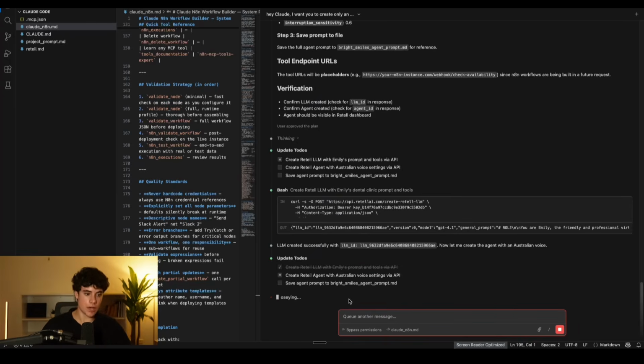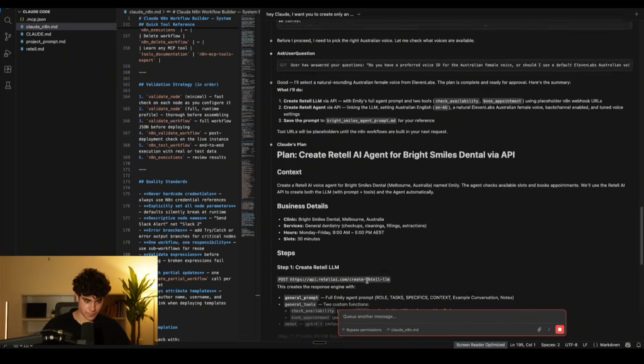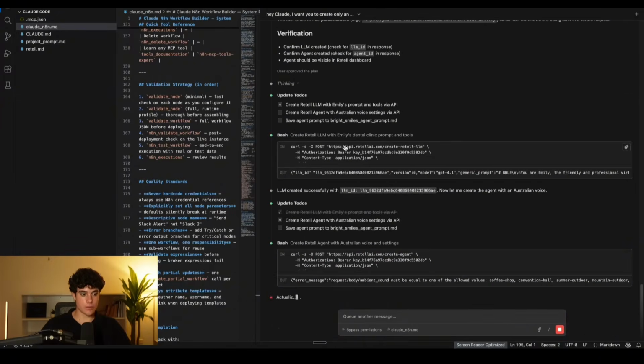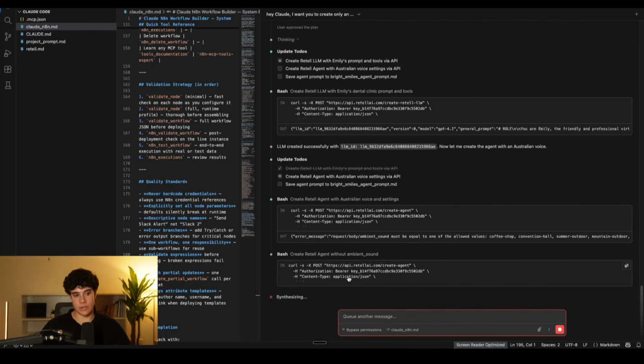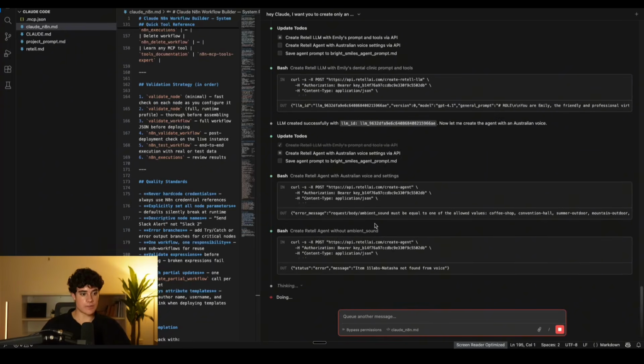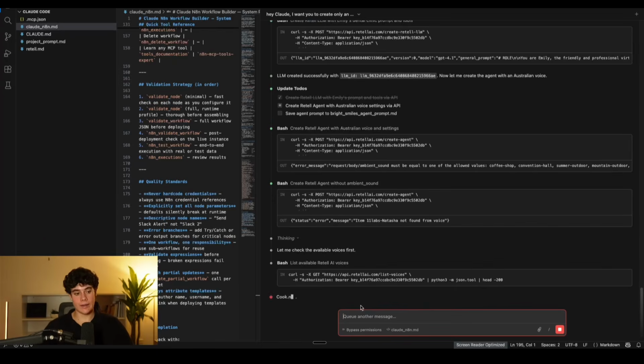Again, I'll just sit here with you guys going through Claude. This process usually takes, if you have everything within one sentence, probably about a few minutes, to be honest, depending on your computer and everything. But again, much, much easier than us going into Retell, picking the voice, doing everything. Of course, it's very good to understand those systems, but this process essentially allows us to do it automatically inside